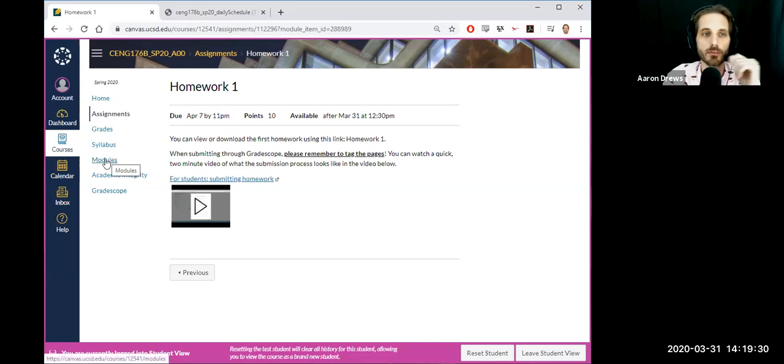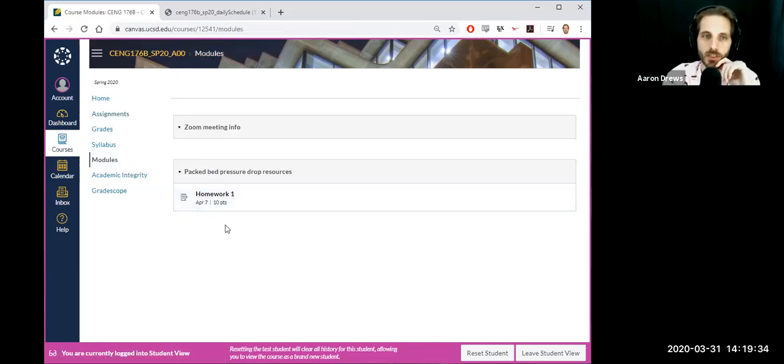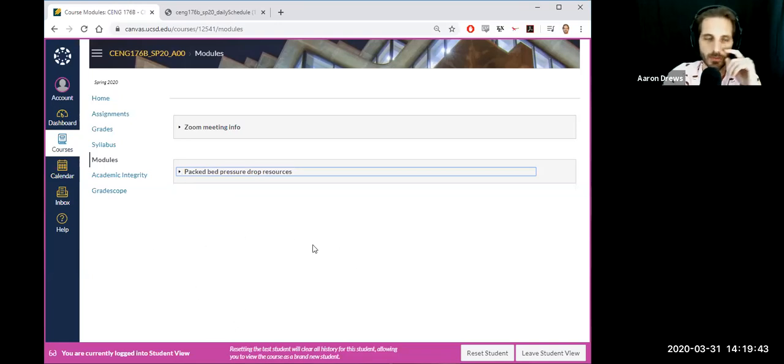All of the other homework assignments, they'll just show up on this modules page, right? If it's occurring during the work on the packed bed, then they'll be in this one. Eventually, you'll see additional modules underneath here for the other experiment. And that's where you'll go for all of those resources. Any videos that we post, any links to stuff that we post, they'll be organized by which project we're talking about.